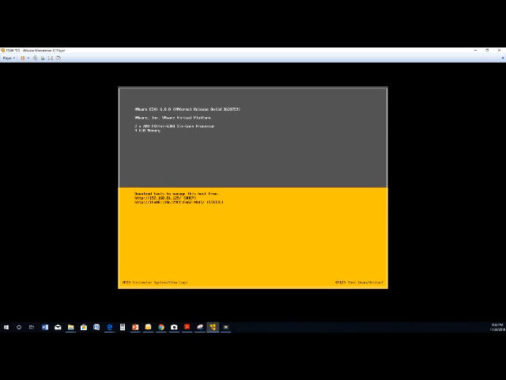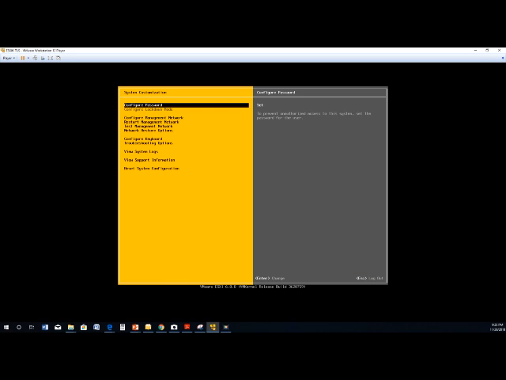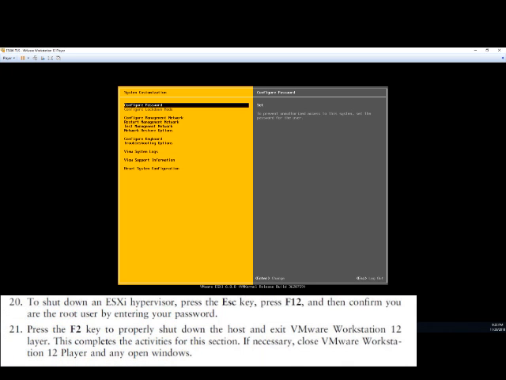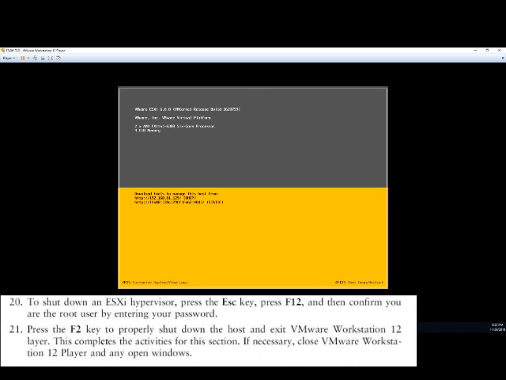And then press Enter. This will bring us to the system customization screen. We'll be using this in a later activity to set up our management network and configure other parts of our system. Then we're going to escape out of the menu,